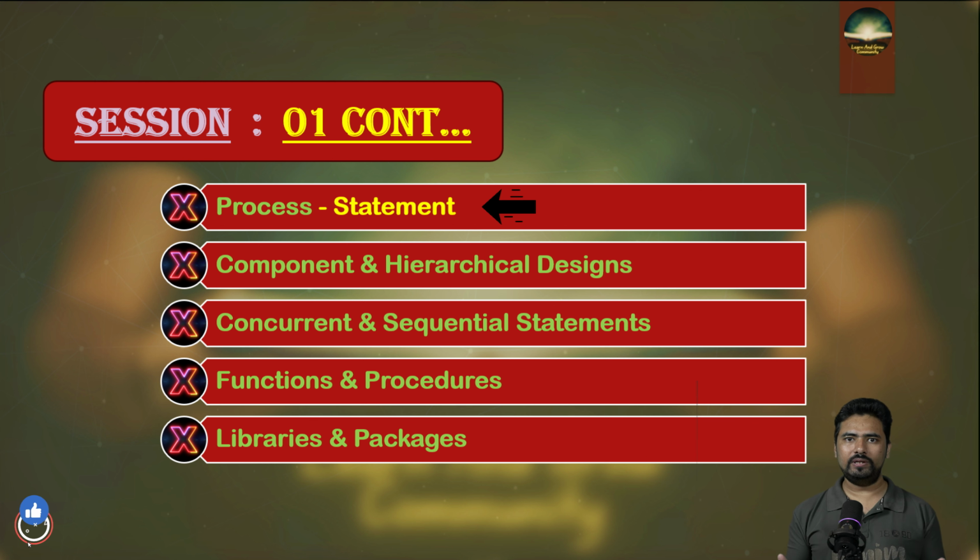Next, we will explore the process and block statements in VHDL. We will cover both the registered version and the combinational version of these statements, including the sensitivity list. You will learn how to determine which signals should be included in the sensitivity list. We will also discuss the general structure of VHDL files. We will cover the entity declaration, the architecture declaration, and the overall structure of VHDL files. Additionally, we will learn how to instantiate components and create structural designs.